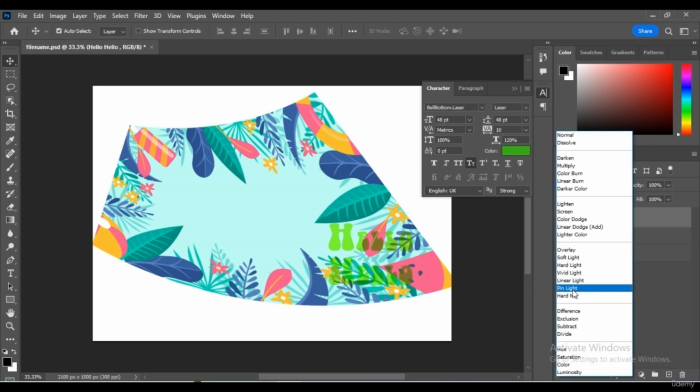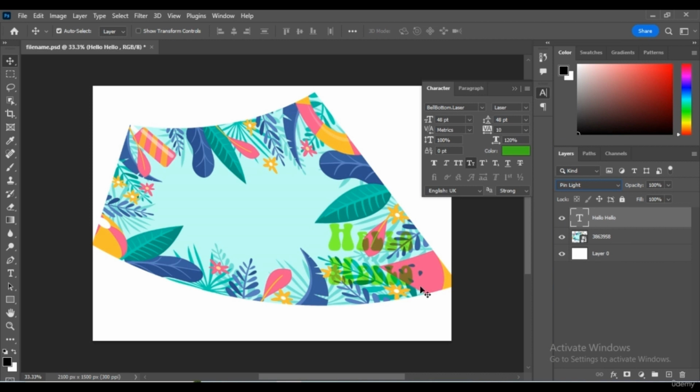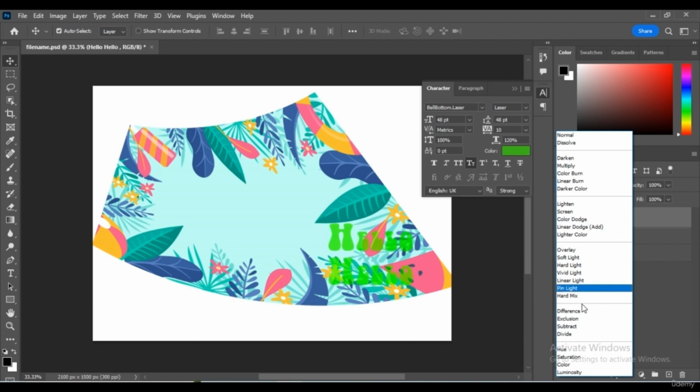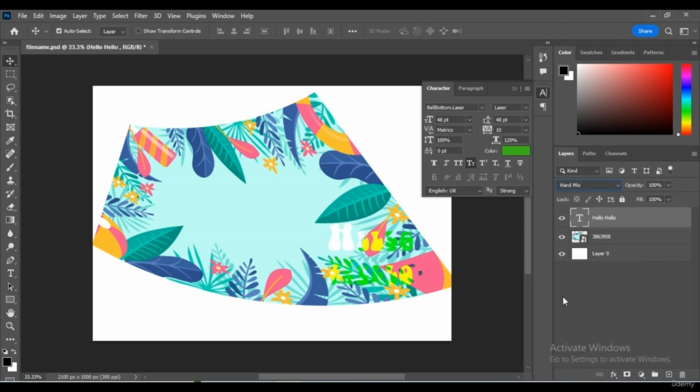Pin light. It depends on which layer has the brighter or darker color. If the layer below the active layer is darker or lighter, the layer is used. So this layer is used in here. Hard mix.